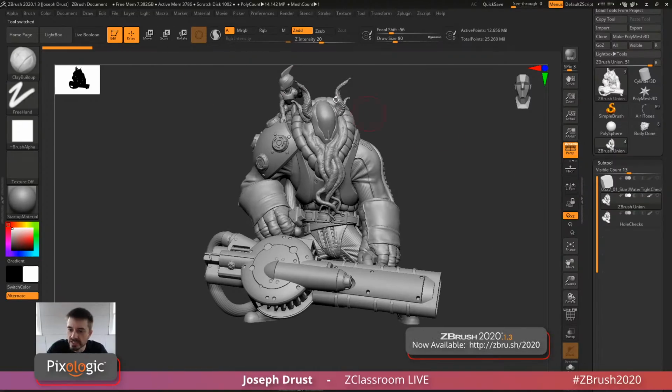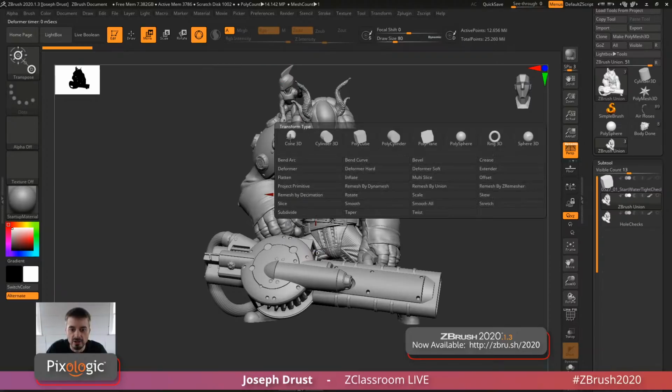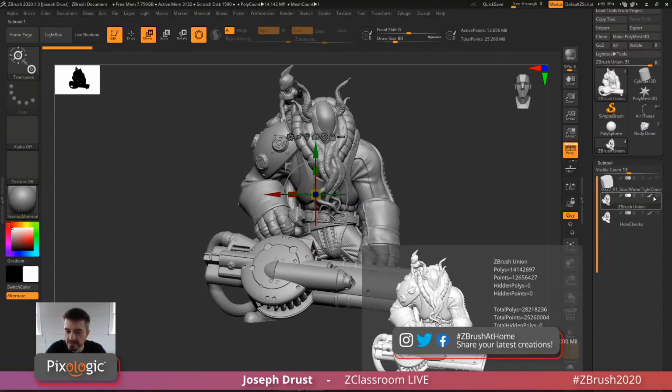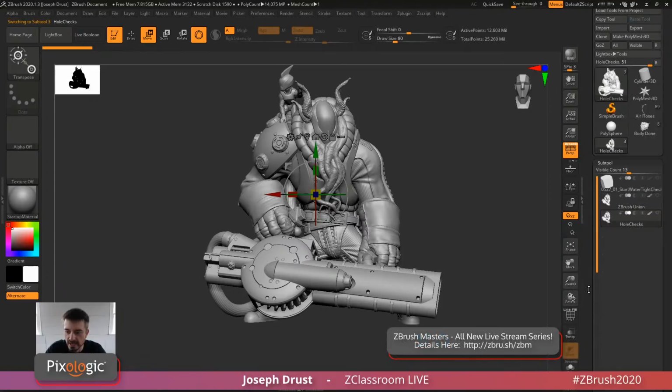So I'll activate the Gizmo 3D, click this little gear icon, and in here I'll do remesh by union. It's going to take all those pieces, and since they're all watertight, this should work, and it'll just remesh the entire object and give me one single volume. Now after this volume has been generated, I can add a